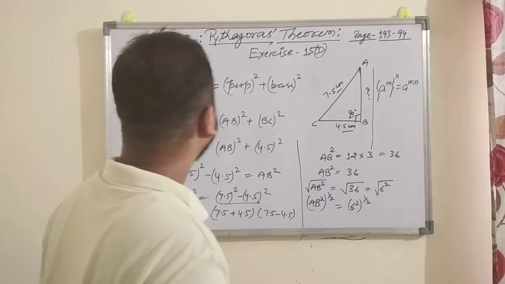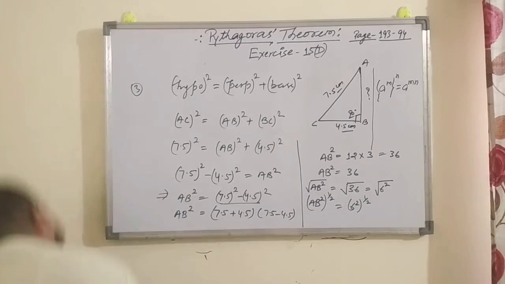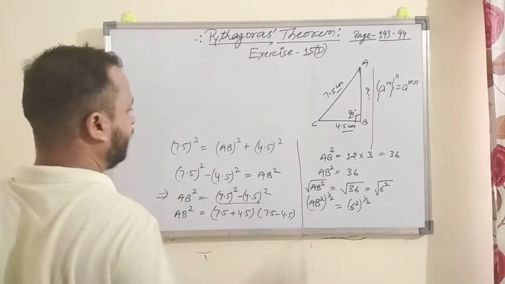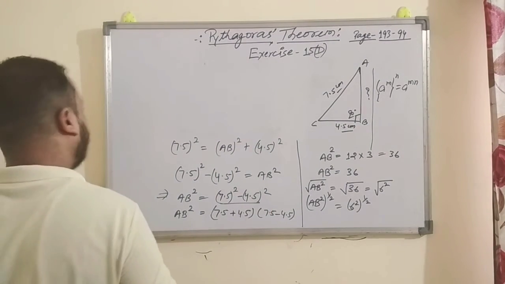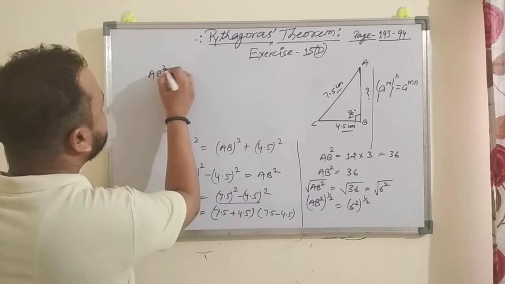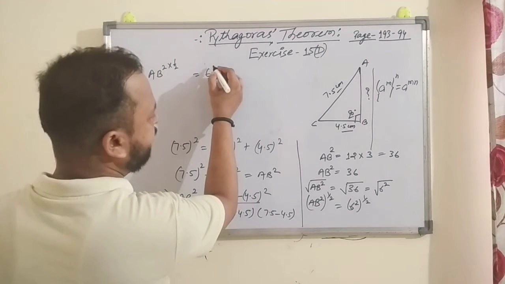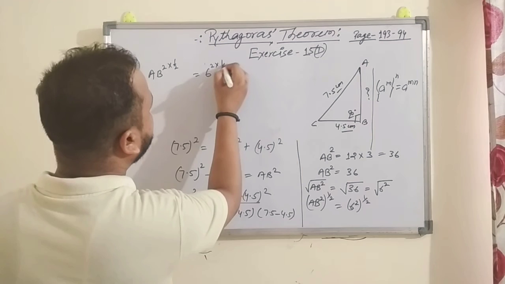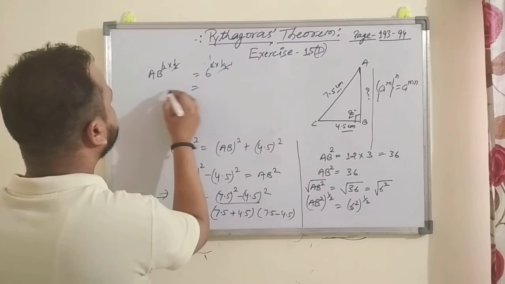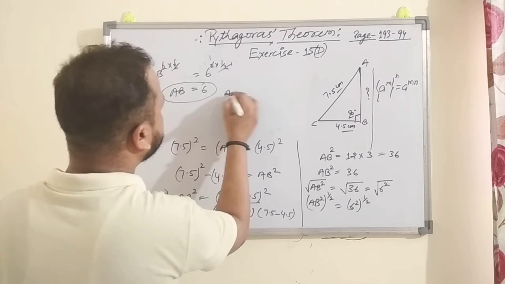So I am going to solve this question here. So I am erasing this. So AB square multiplied by 1 by 2 is equal to 6 square multiplied by 1 by 2. So here 2 times 1 half is 1. So AB is equal to 6. This is the answer,